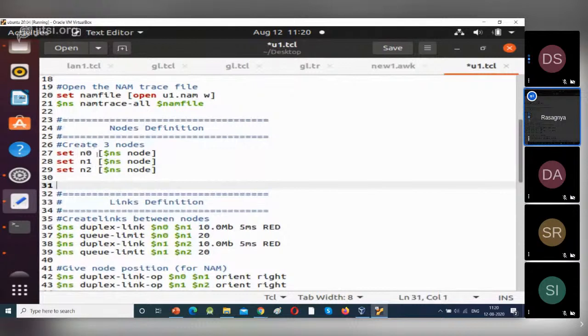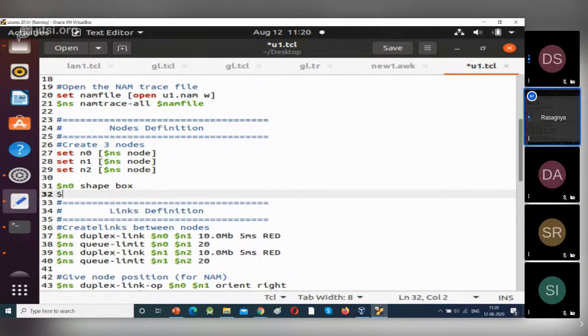For sender and receiver, we give box shape, and the intermediate node we will give hexagon shape, that is $N0 space shape box, enter. Next $N2 give shape as box.